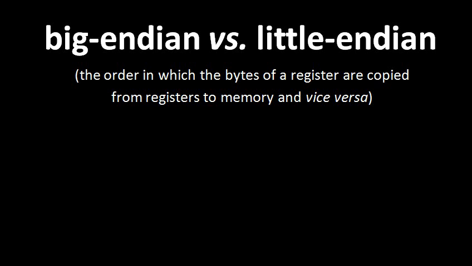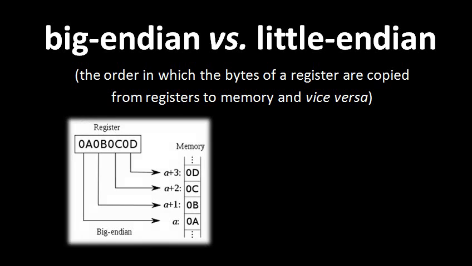And the satire, of course, is that people are fighting over something which is really trivial and totally arbitrary. Well, it turns out that CPUs have to make really the same kind of arbitrary choice. And the choice is this: when we copy the bytes from a register to memory, or from memory to a register, do we copy the big end of the register into the bytes first, or do we copy the little end? For example, if our machine is big endian and say we have a 4-byte register that contains the